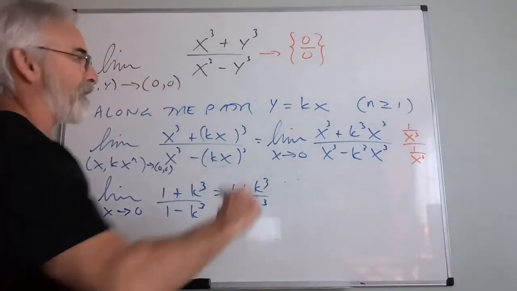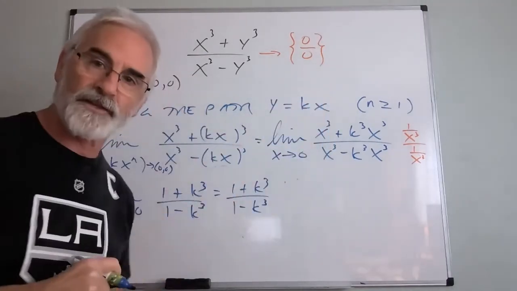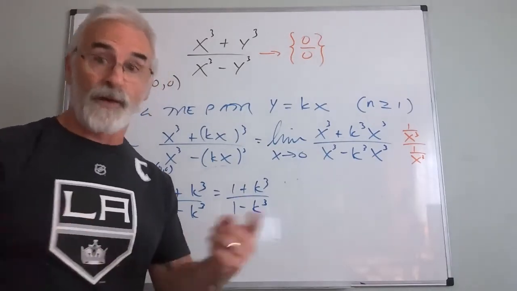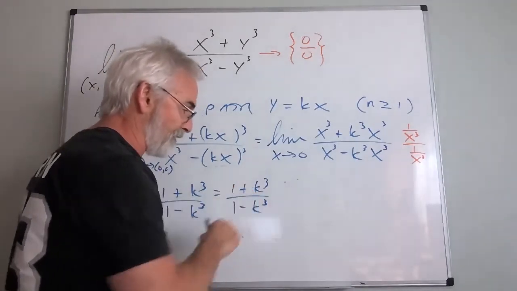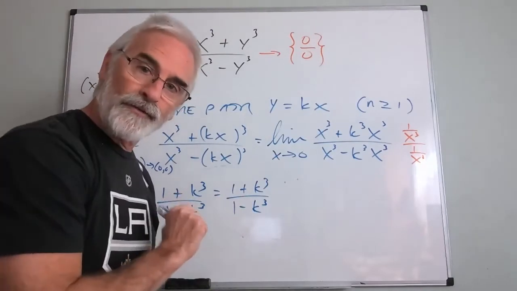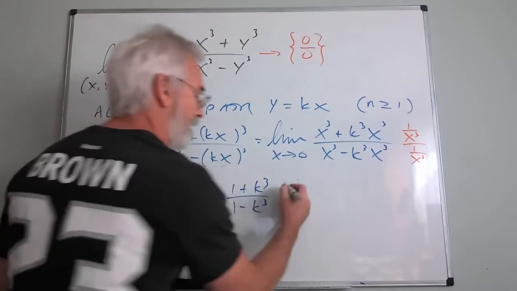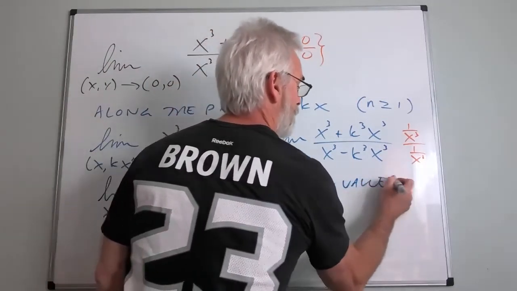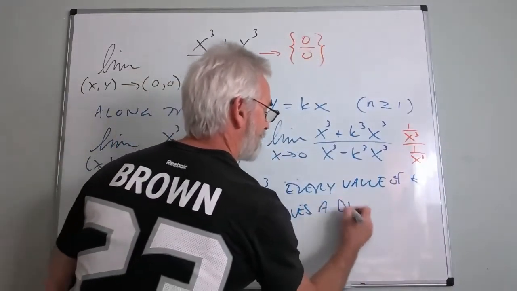But wait a minute. If I consider every possible line through the origin, then k is nothing more than slope, isn't it? And for every possible slope, this is the problem we did in class, if you remember. For every different slope, won't this give me a different value? If k is 2, I get a different value than if k is 3, or if k is 10, or if k is -7. Oh, so at this point here, I would say something like this. Every value of k